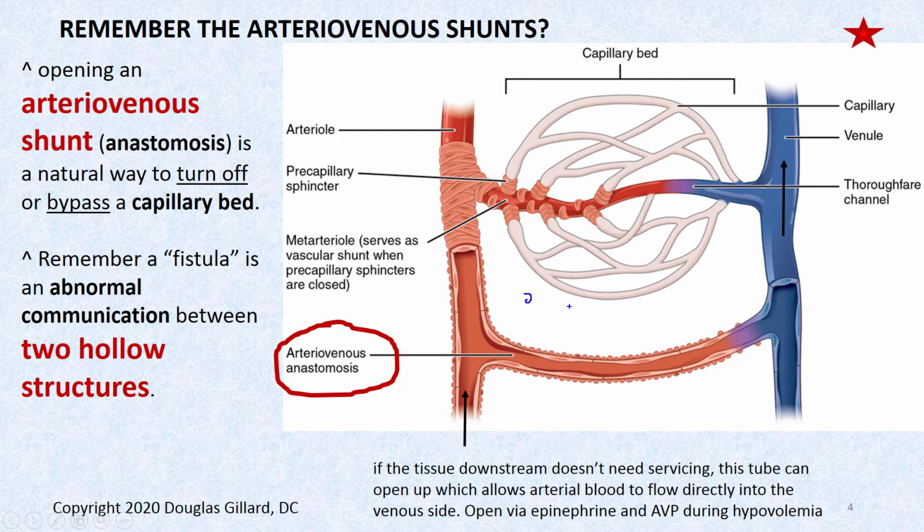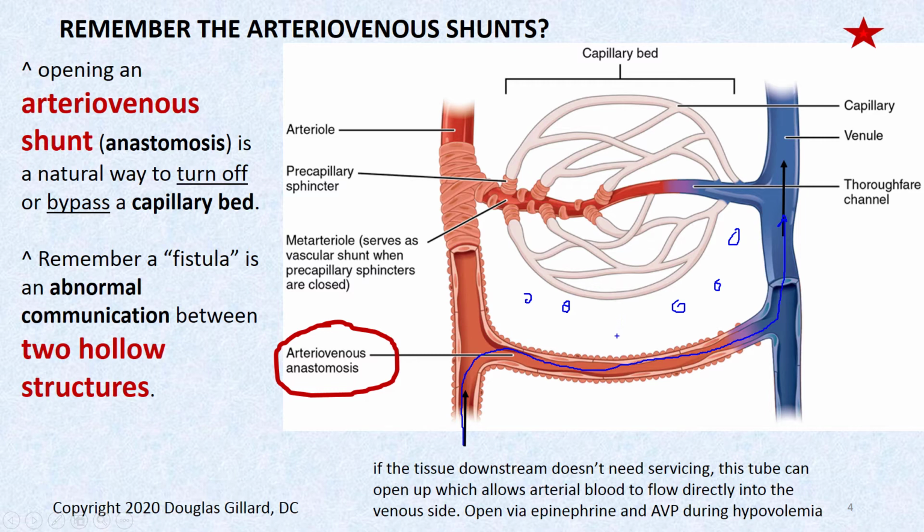If the cells, draw a couple cells here, are happy and they don't need oxygen, well, then this opens up and we can save blood flow. We can let arterial blood flow right through here, get into the venous system and save that blood. There's no sense in feeding tissue that is already happy,